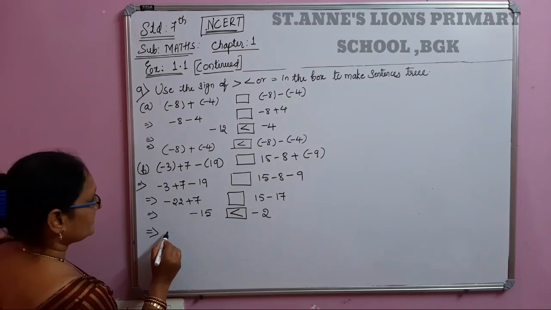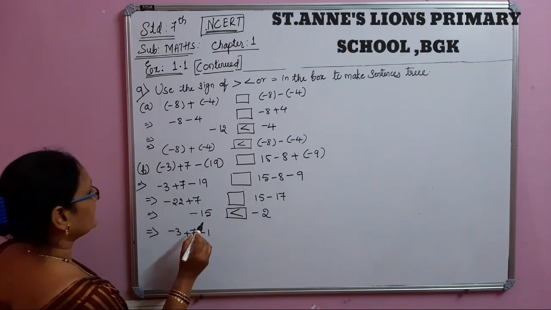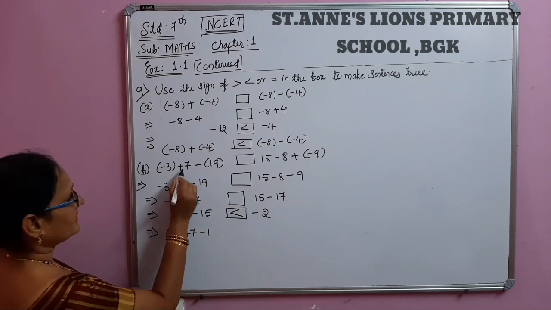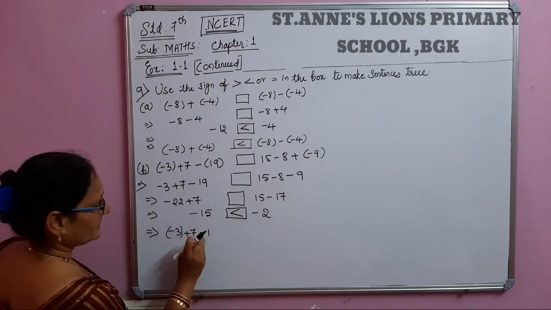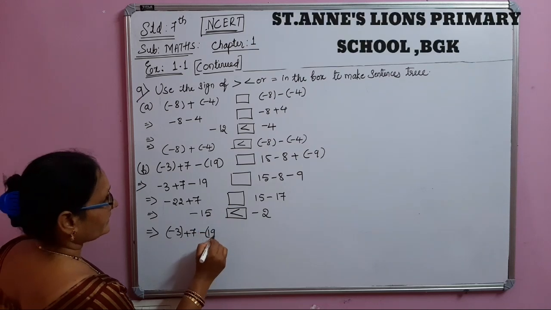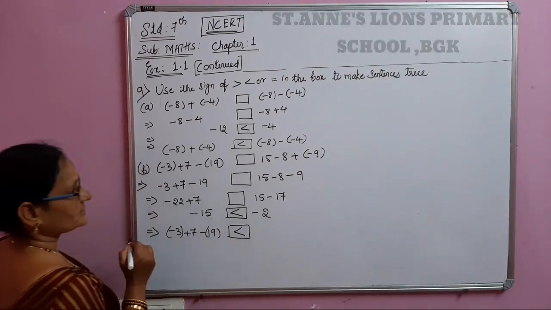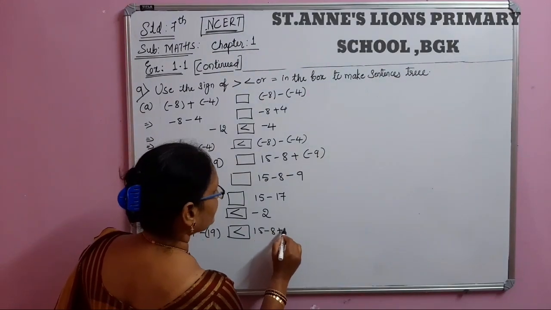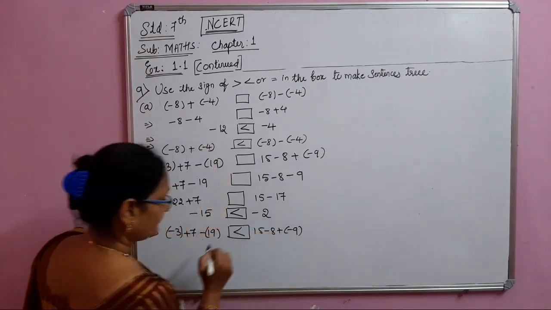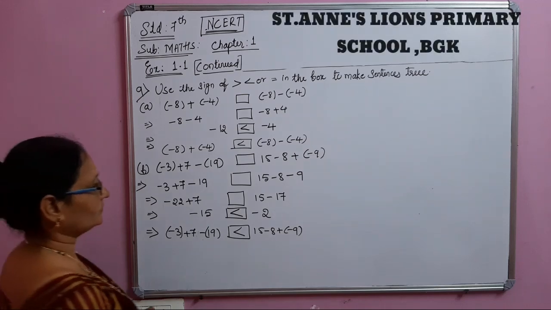So this is minus 3 plus 7 minus 19, sorry, it is out of the bracket, 19, box. In the box now you can write smaller, 15 minus 8 plus of minus 9. This is what the answer needed is. Now